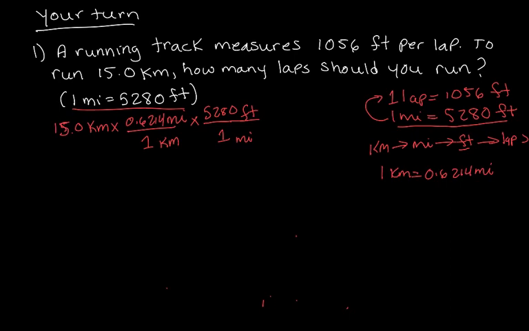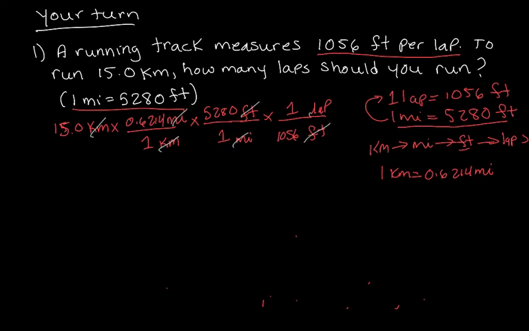But again, we don't stop there because that would leave us with feet, but we don't want feet, we want laps. Now we can use our final conversion factor that there is 1056 feet per lap. So since feet is on the top, feet is going to go on the bottom, and lap is going to go on the top. And we know for every 1 lap, there is 1056 feet. Notice, kilometers cancel out, miles cancel out, and feet cancel out, and you're left with the number of laps. And when you plug this in to your calculator, you end up with